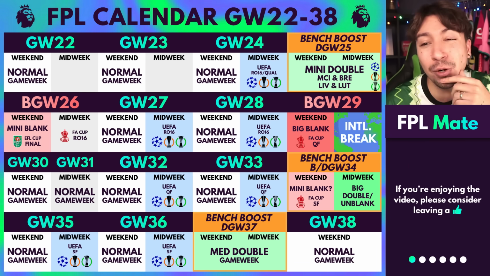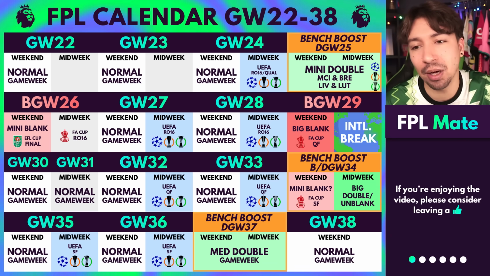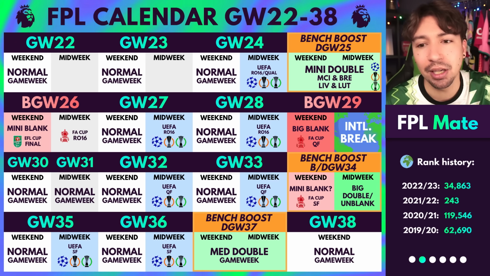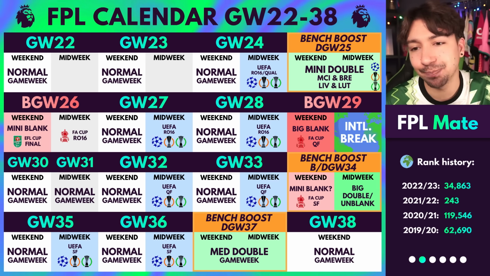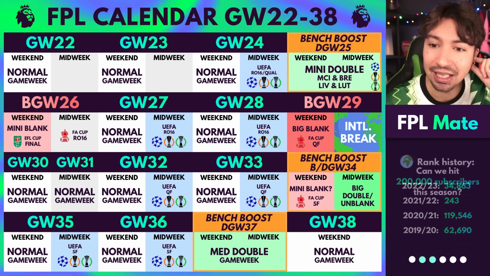But the real key important ones are going to be 25, to a degree. It's only a few teams doubling there. There'll be bigger ones in 34 and 37. So really, we're looking at 34 and 37 for a bench boost. I will go one step further and possibly even say that 37 is the one, because if you even have